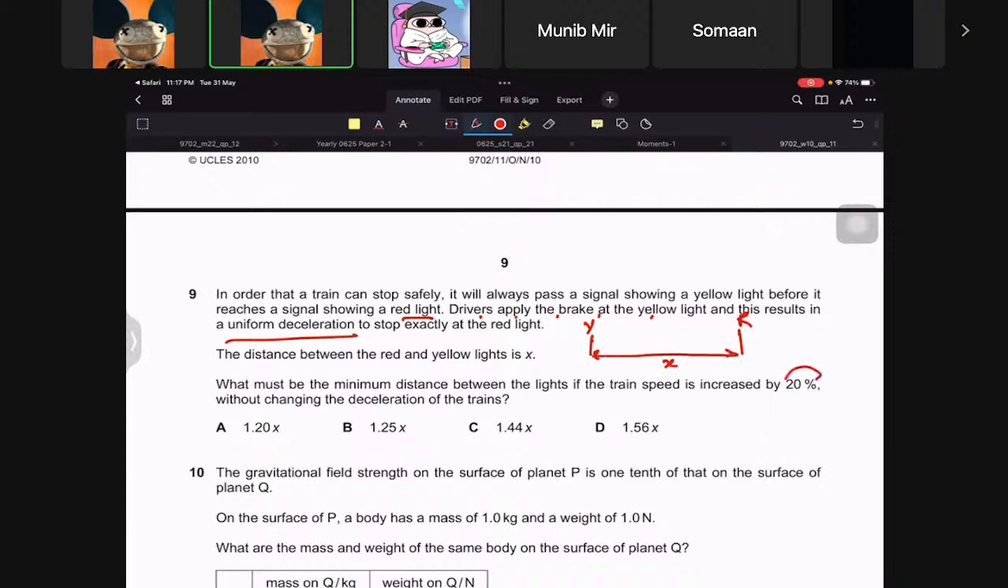20%. An increase of 20% means 20 divided by 100, which is 0.2. So if, let's suppose, the speed was 1, the increase would be 1.2. So the new speed would be like this, right? 1.2 of the old speed. So let's say the old speed was u, the new speed will be 1.2 of u. Now it says without changing the deceleration, how will the